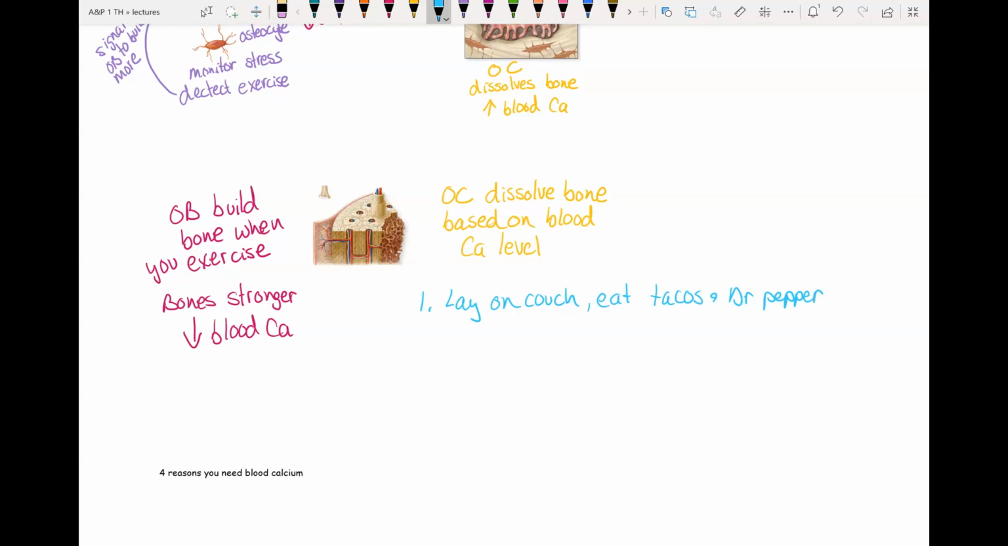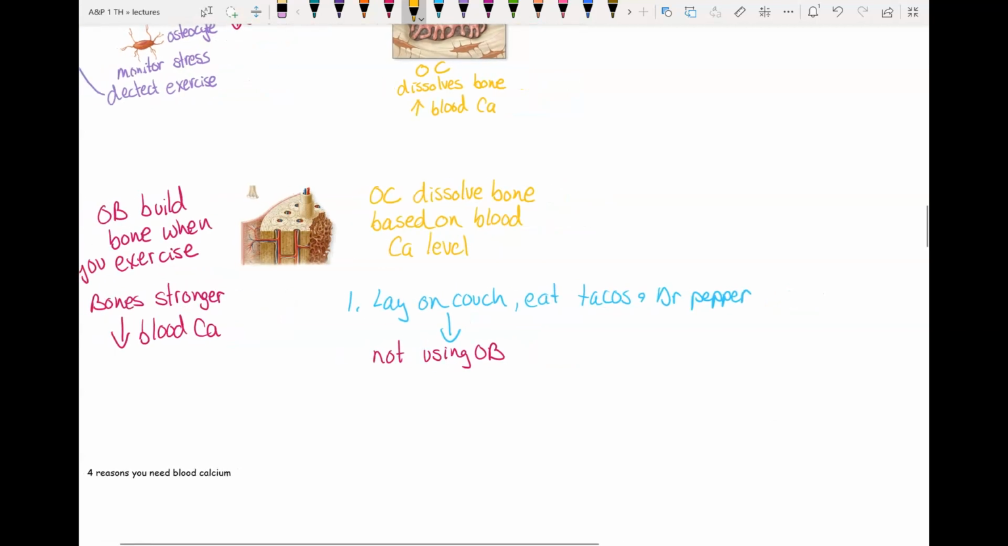Okay, if you're laying on the couch, you're not exercising. So this means that your osteoblasts are not being stimulated to build bone tissue. And if you're eating a lot of tacos and Dr. Pepper, that's not putting calcium into your blood. That's a low calcium diet. So you're going to have low blood calcium,